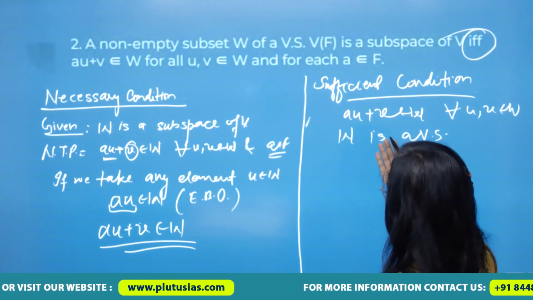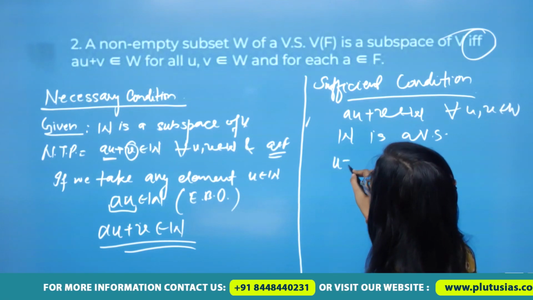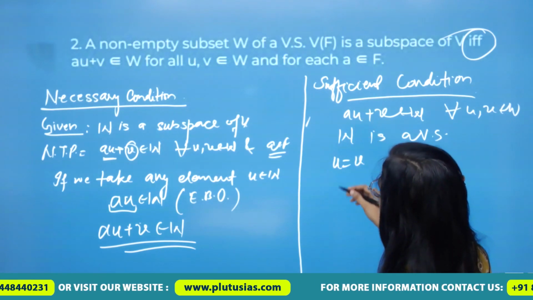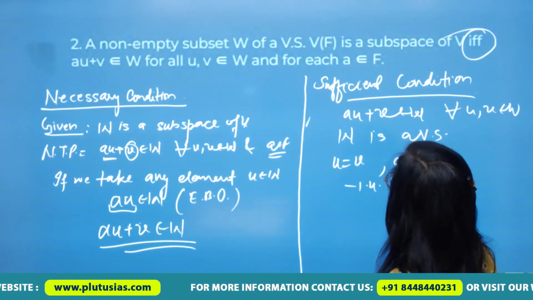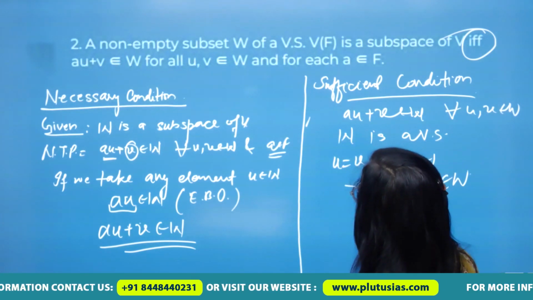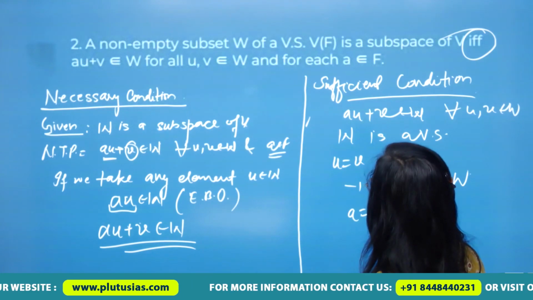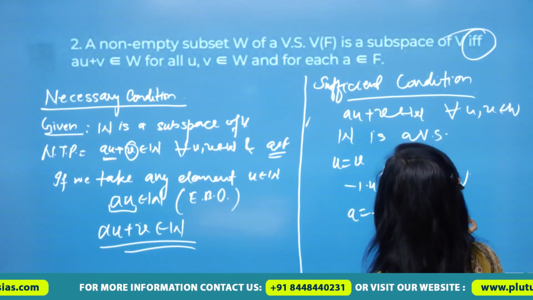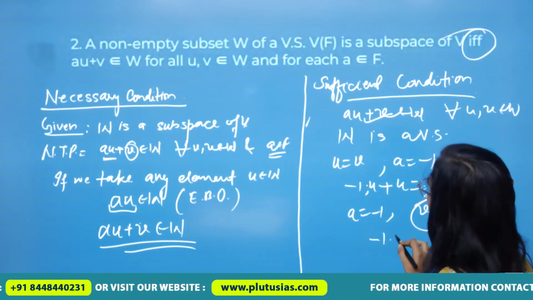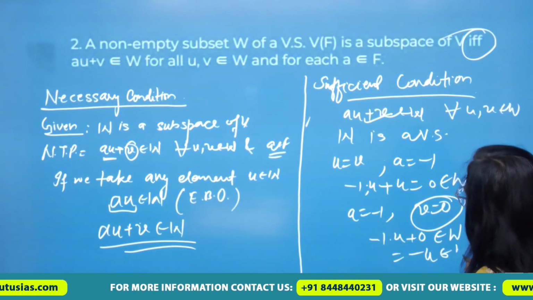But we know that u and v are two elements of W. In particular, we can take u is equal to v, right? And if we take a is equal to -1, then what will this give? -1 into u plus u. This is equal to 0, and hence it belongs to W. Next, we prove that additive inverse exists there. Now, if we take a is equal to -1, u as it is, and v is equal to 0. Why have we taken 0? Because 0 belongs to W. So this equation would give us -1 into u plus 0, and this would belong to W. That means minus of u belongs to W, and hence proved.